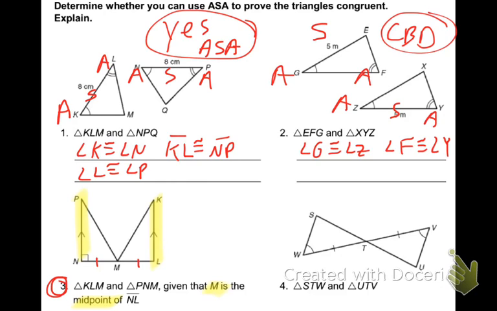How do you know they're parallel? Because it says they're parallel, right? Does that mean that MK and MP are the same too? No, it does not. What has to be the same? What it does tell me, though, is